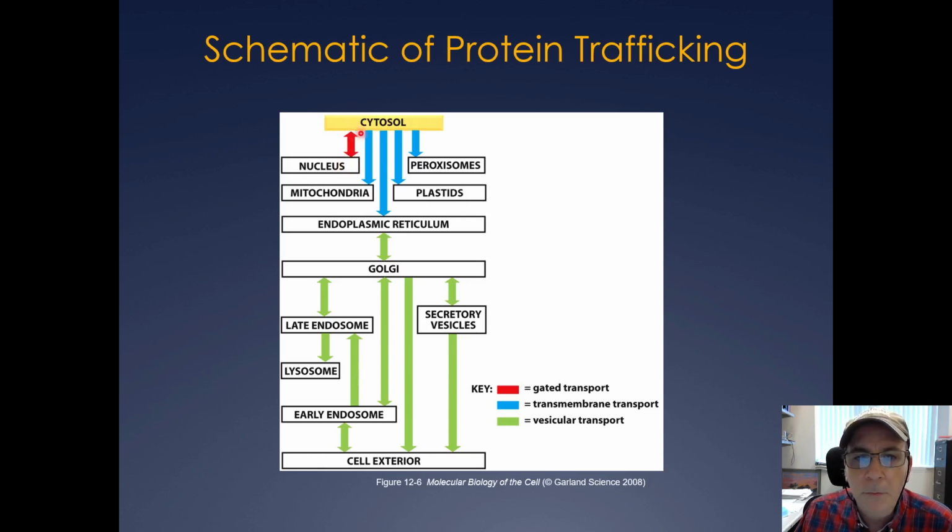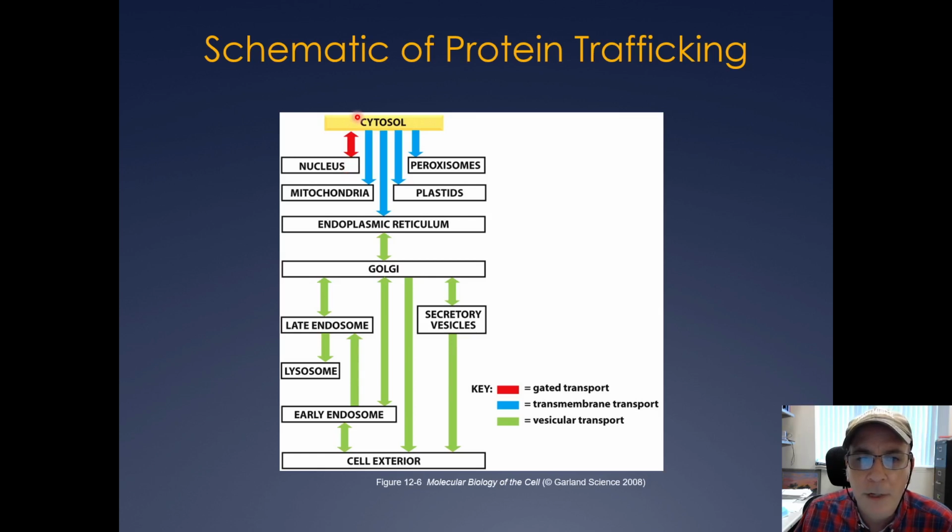Okay, so proteins are made in the cytosol, messenger RNA is made in the nucleus, and that goes out to the cytosol to be translated, and proteins translated in the cytosol can go back into the nucleus. And also you can sort of think about the assembly of the ribosomes in the nucleolus. The proteins there are actually being synthesized in the cytosol, brought into the nucleus, and then the ribosomal RNA, which is being made in the nucleolus, they all get assembled into the small and large subunit of the ribosome and